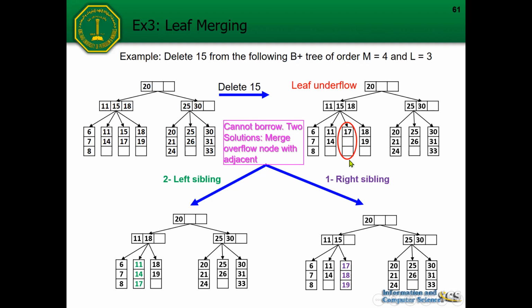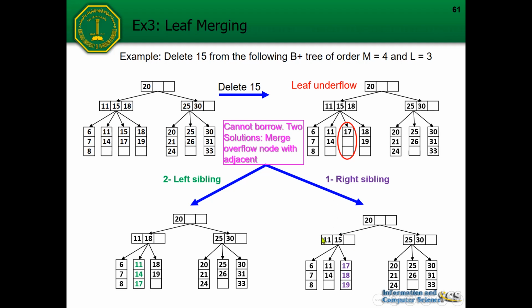You can see that now the parent of these leaves has 3 keys, right? That means they have four branches. The first one goes to this node, the second branch goes to this node, the third one goes to this node, and the last one goes to this node. Now because we are combining 2 nodes together, there are only 3 nodes under this parent, which means we only need 2 keys in the parent. Only 2 keys are needed for this parent.